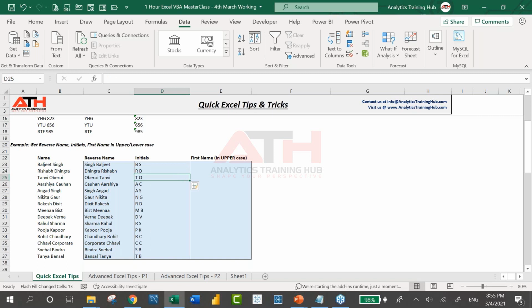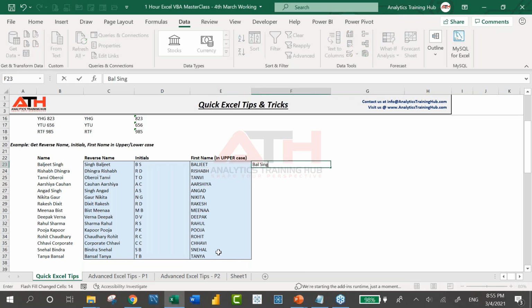Not only does it extract, but if you are looking to extract something and also change the case, say I want only the first name in capital letters, then once I type the first name, in some cases you can go with just one example and it will work. But where will it not work? In situations where you are going to customize your output.